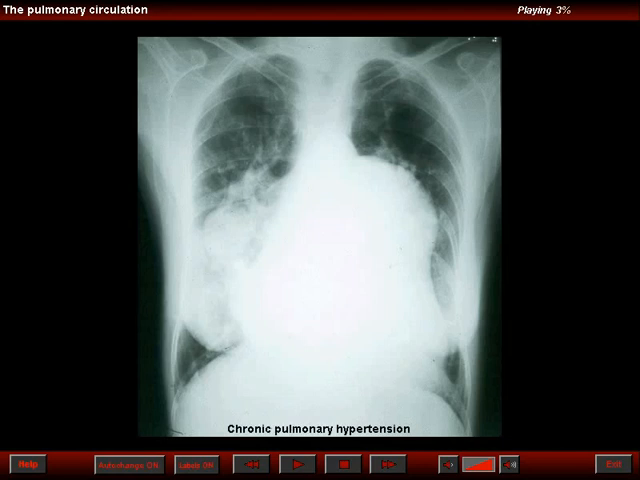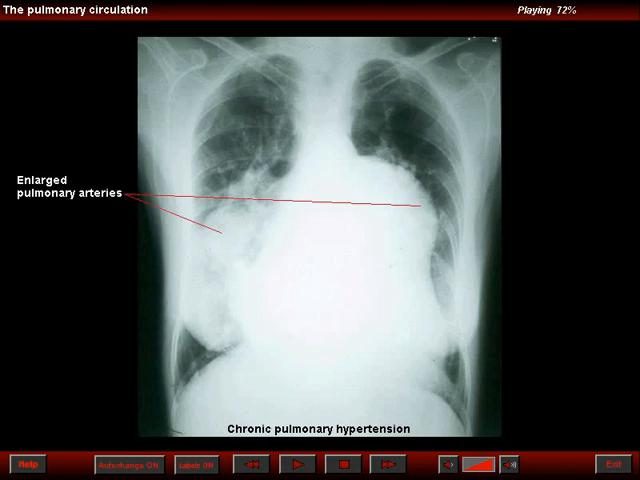Recurrent pulmonary emboli may lead to chronic pulmonary hypertension. Pulmonary hypertension of a precapillary type can be so severe that the massive enlargement of the pulmonary trunk and of the central pulmonary arteries can mimic the possibility of a mediastinal tumor, or can be confused with the presence of a mediastinal tumor. In this frontal chest roentgenogram, observe the marked enlargement of the pulmonary trunk and the marked enlargement of